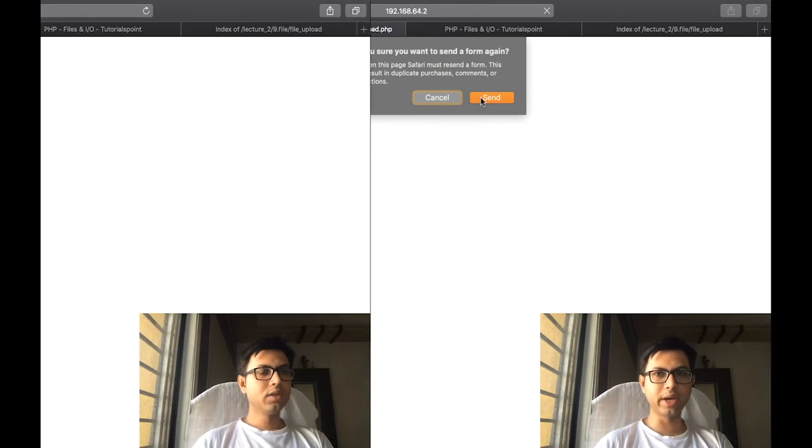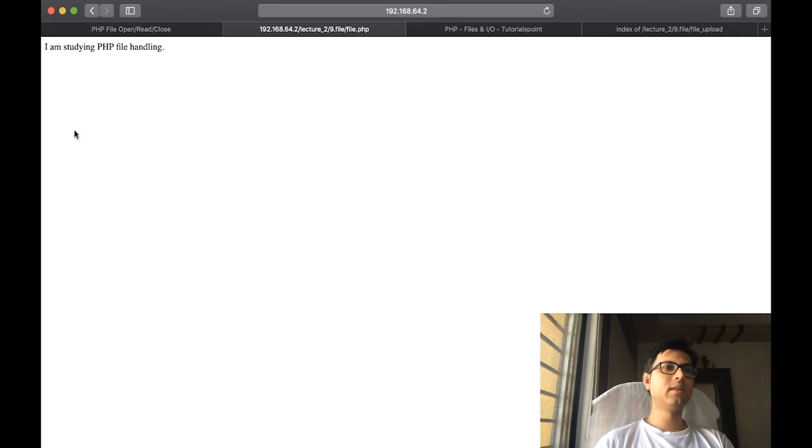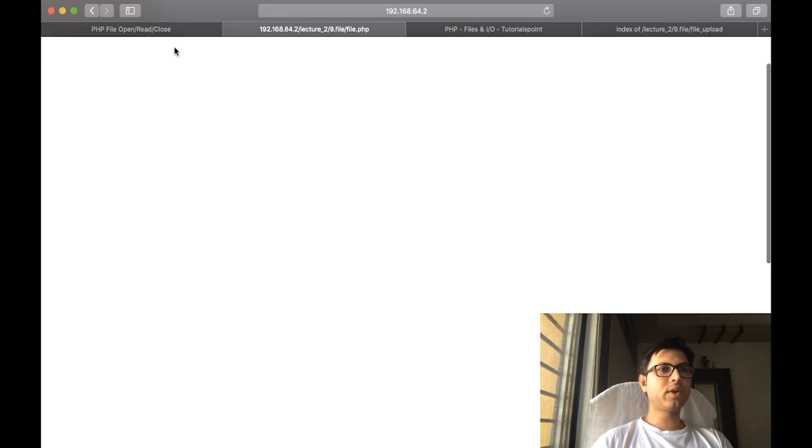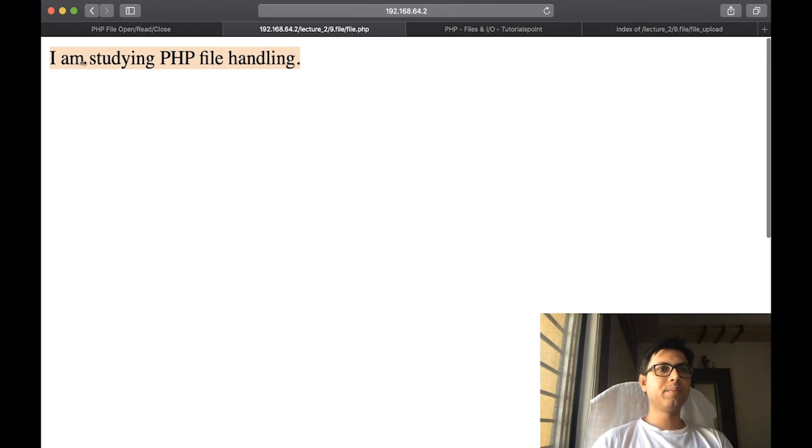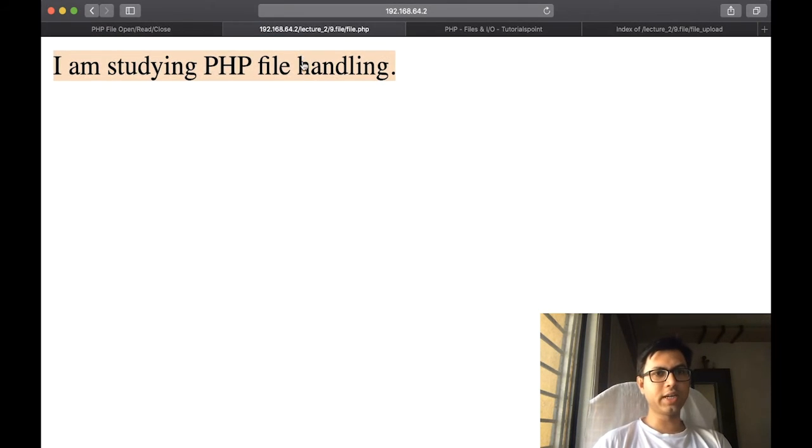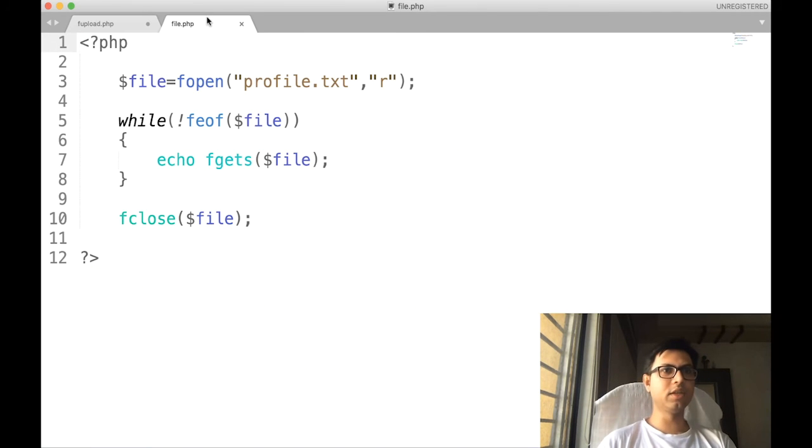So let me go back. So this is file.php. What we are doing is reading a file, and whatever the file contains, we are printing on the web page, and the code for that is this one.